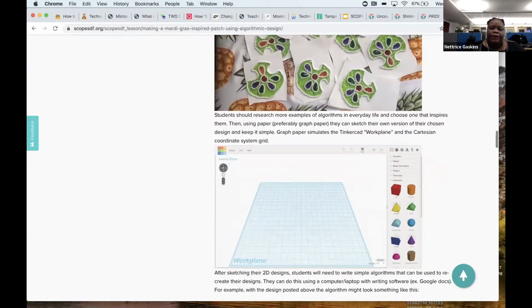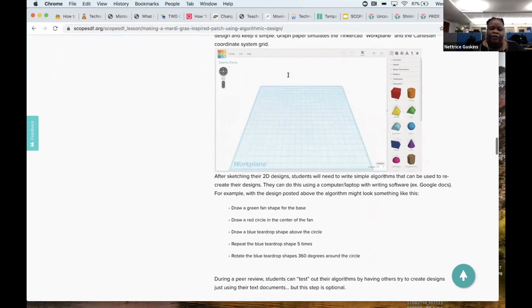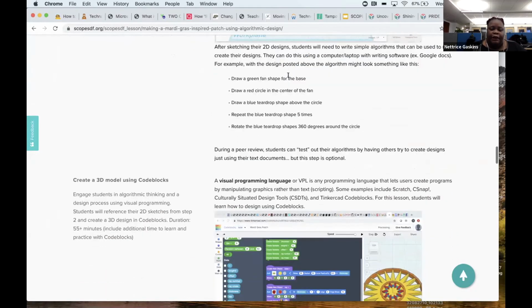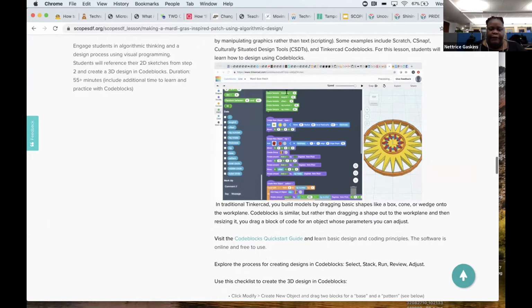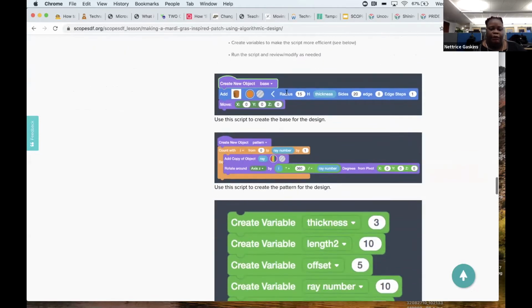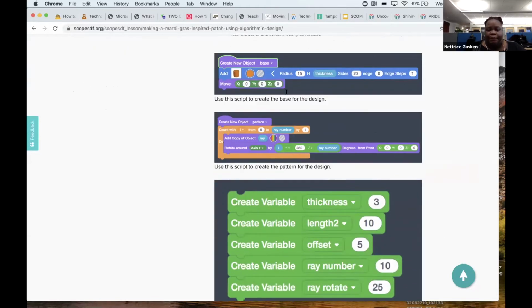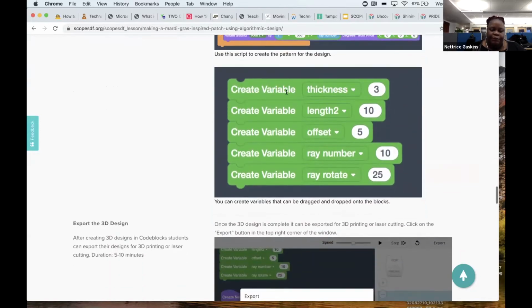And then going right into the workspace in Autodesk and trying to create a patch using code blocks, which you can see here. On the left, you see the coding, the computer programming and scripting, and on the right part of the window, this is what's being made from the code. So learning both computer programming and 3D modeling at the same time is also something very new in this space. And then at the end, there are things like variables and operators that you would need to know in computer science,